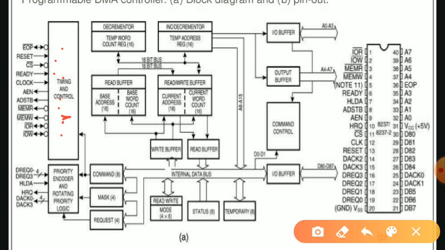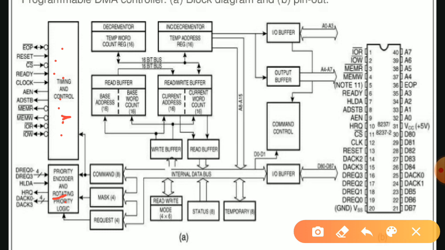The next part is the priority encoder unit and rotating priority logic. The priority encoder unit is responsible for providing the required priorities for the four channels.